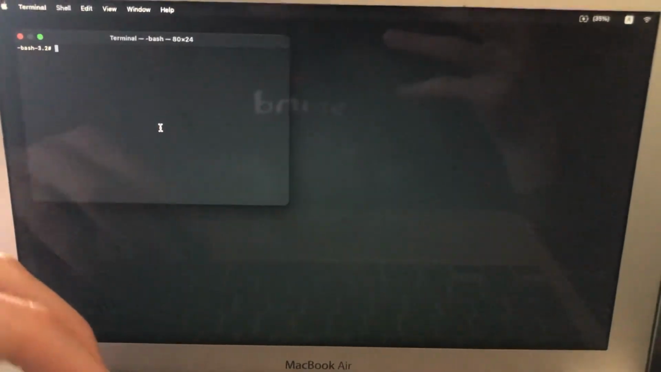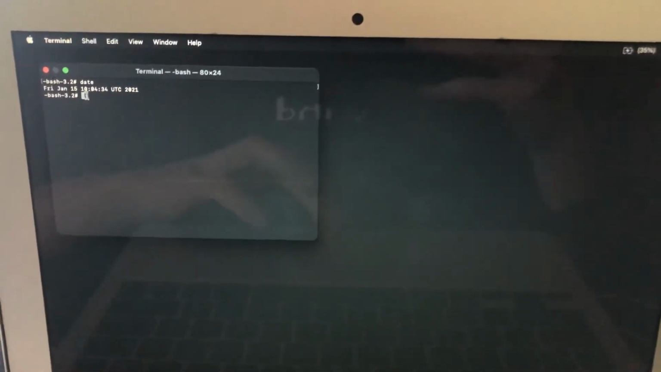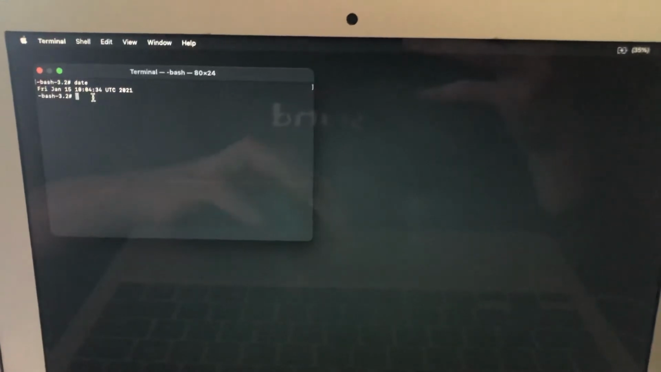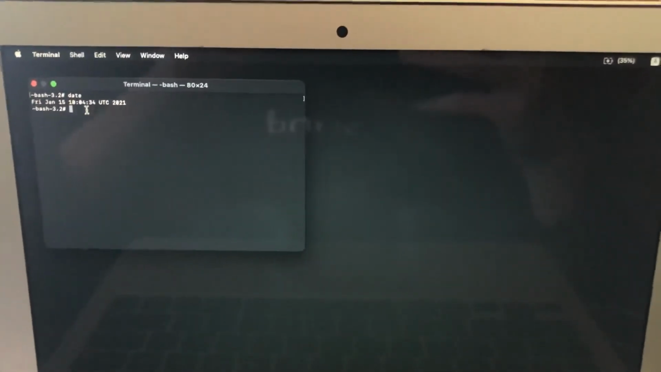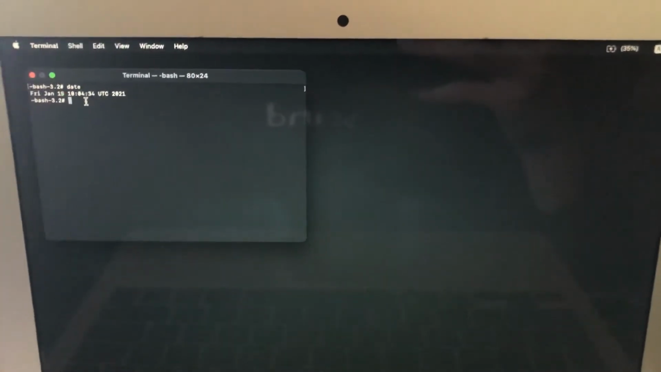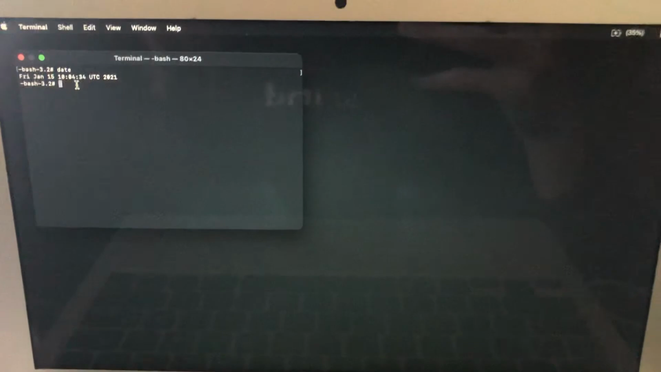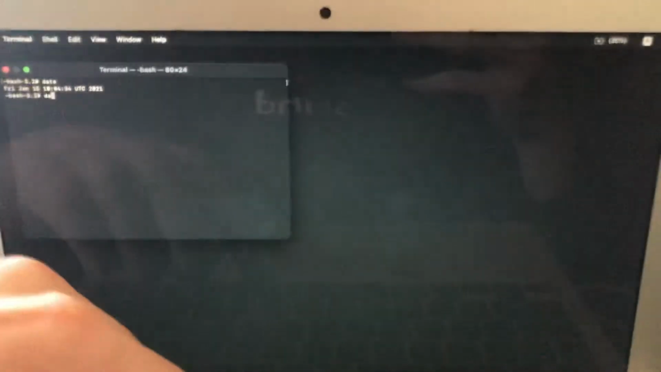In Terminal you just need to write date and tap Enter. Now you need to see your date, so check it, because you receive this error just because of the wrong date on your computer. If you see a wrong date here, how can you fix it? Just write date